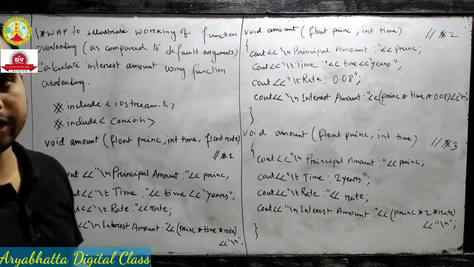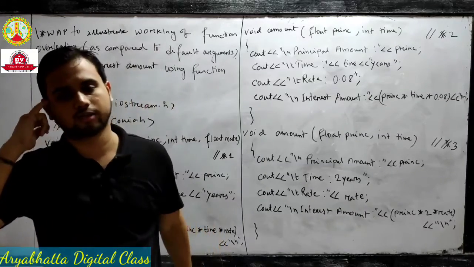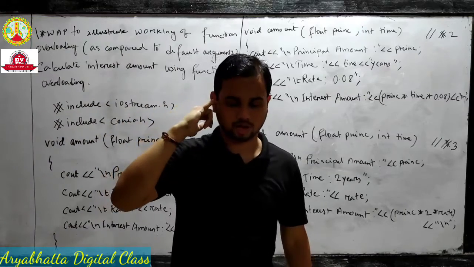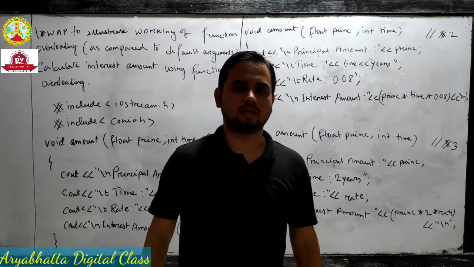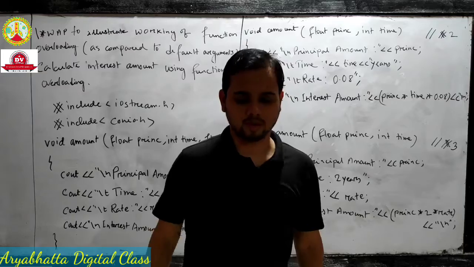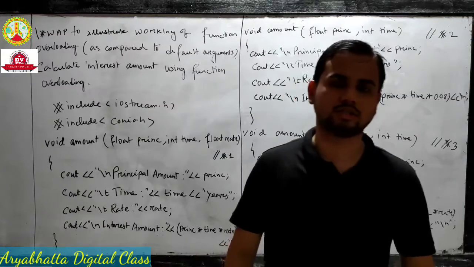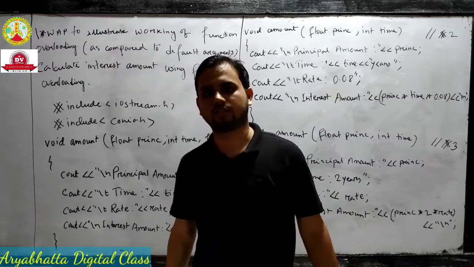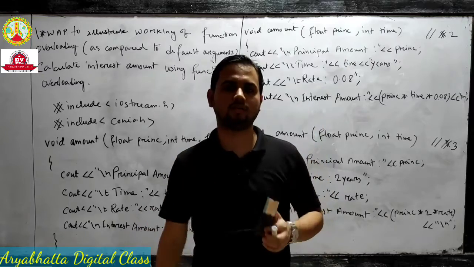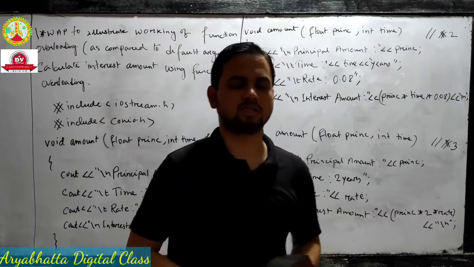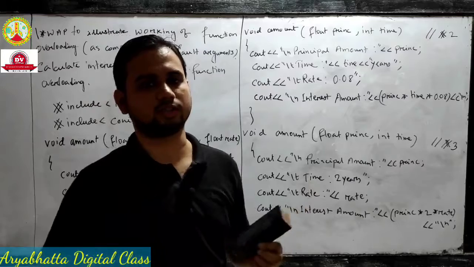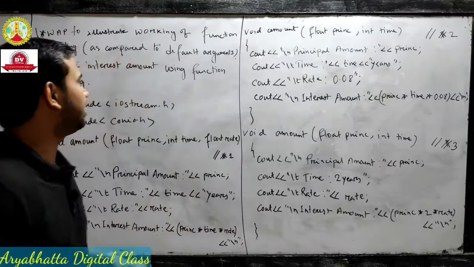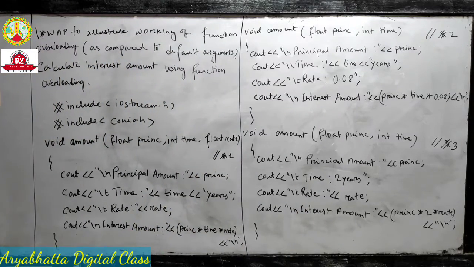In the earlier class we already discussed what function overloading is. I again say function overloading is nothing but the same function name with different arguments, meaning its requirement and operation are different but the name is the same. This is the main program of function overloading, and it is a very important program.